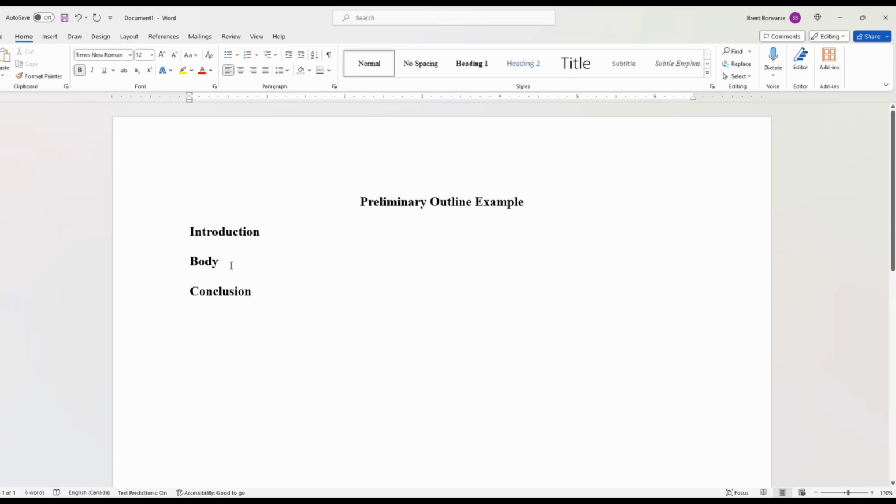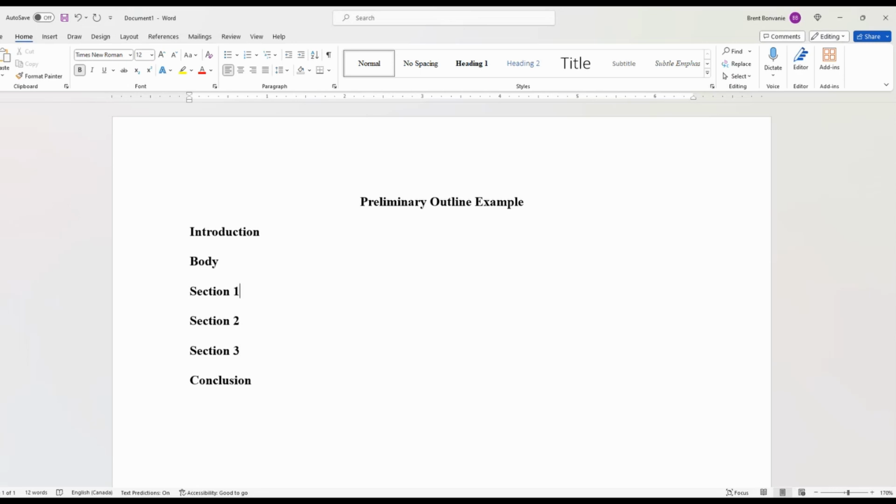Instead, we're going to flesh out a potential outline for the body based on the topic or question we've been given. So typically we're going to want 2 to 5 overarching sections in our essays, which will correlate to the big ideas or supporting arguments of our paper. We're going to label those as Section 1, Section 2, and Section 3. Creative, I know.